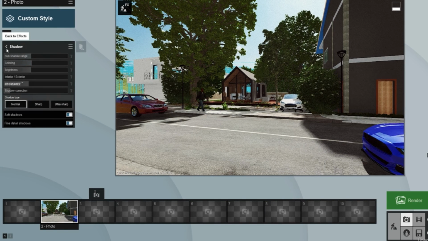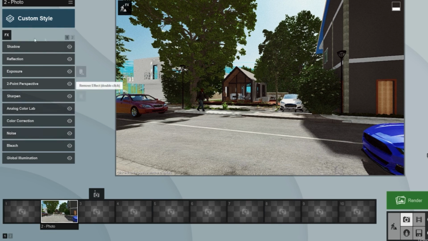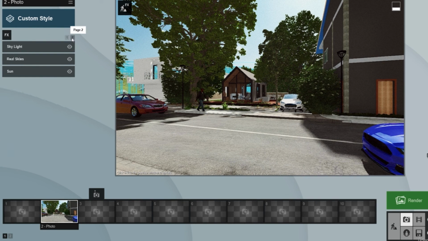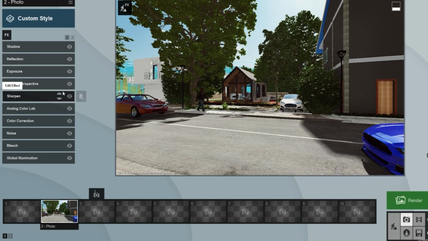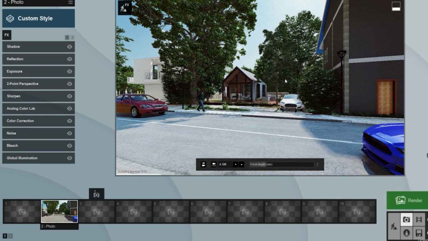Actually, here are all the settings I have applied to this image. Here is the second page. You can change these settings and get more realism. You have to try by yourself. You have to apply each setting one by one and check the quality of the image. So you can see